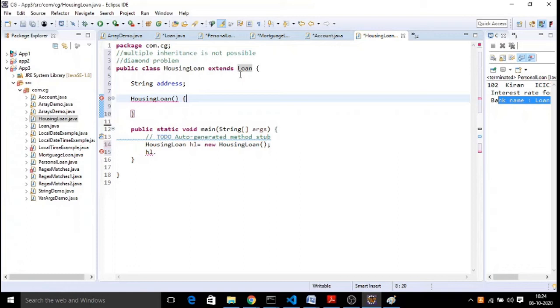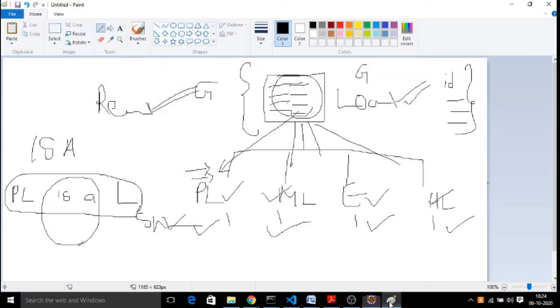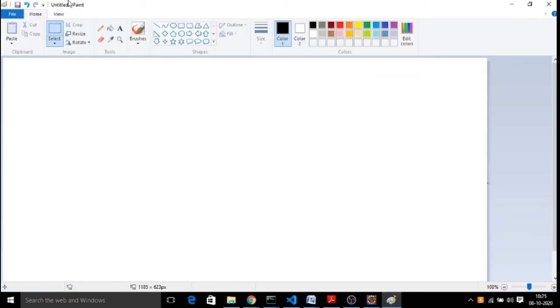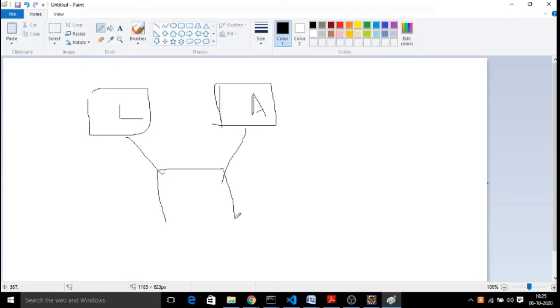Multi-level inheritance is possible. Single inheritance is possible. But multiple inheritance is not possible. Multiple means extending more than one class. Okay, I have a loan class and I have an account class. I cannot combine both the classes into my housing loan.